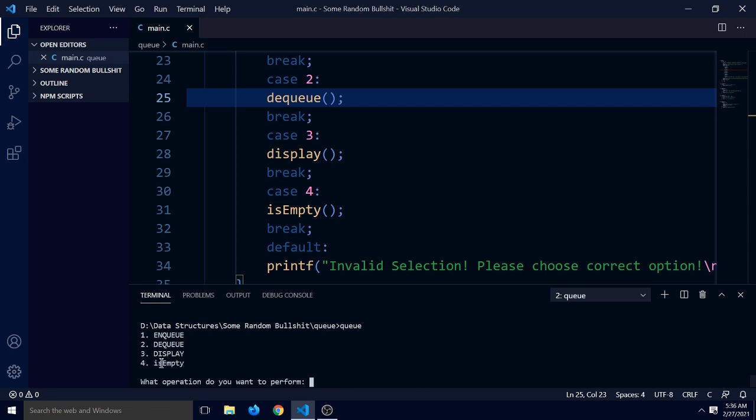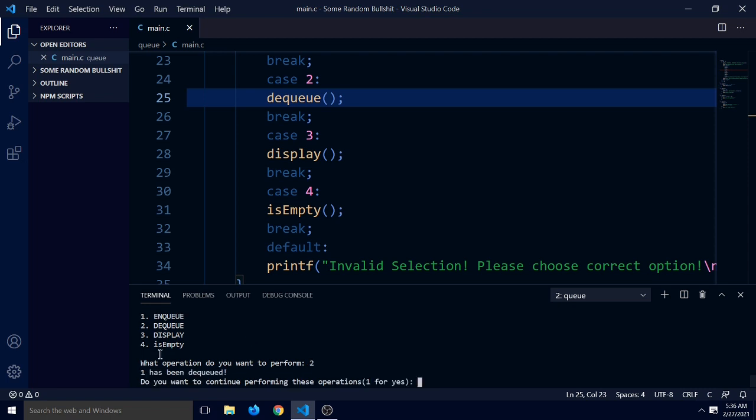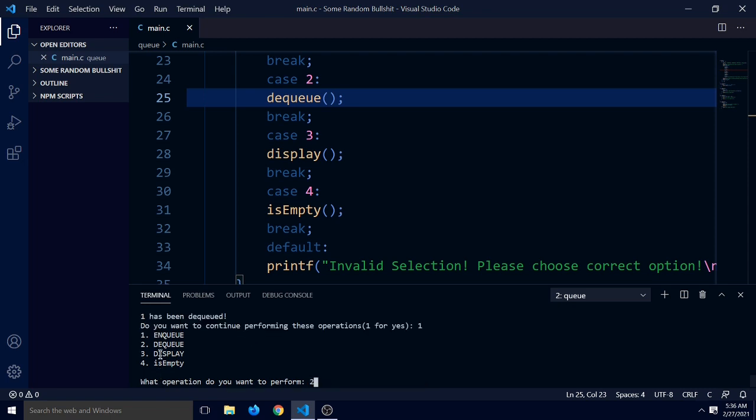So right away we are getting our options, right? Enqueue, dequeue, display, empty. First we will go to display. So it displayed 1 2 3 4 5. 1 for yes, so yes I do want to continue. Now let's dequeue. So 2, 1 has been dequeued, 1 for yes, 2, 2 has been dequeued, 1 for yes,